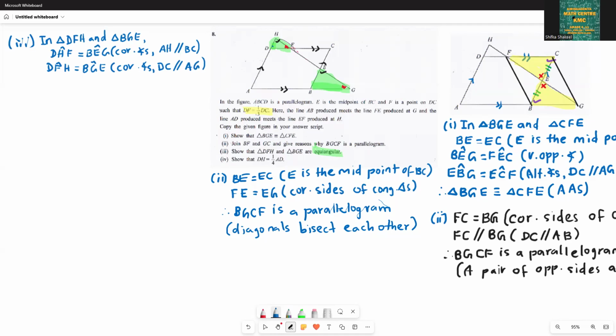We can take this angle D and angle B: angle DHF is equal to angle EBG. Why is that equal? You can write that the remaining angles, since the sum of interior angles of a triangle adds up to 180. Therefore, triangle DFH